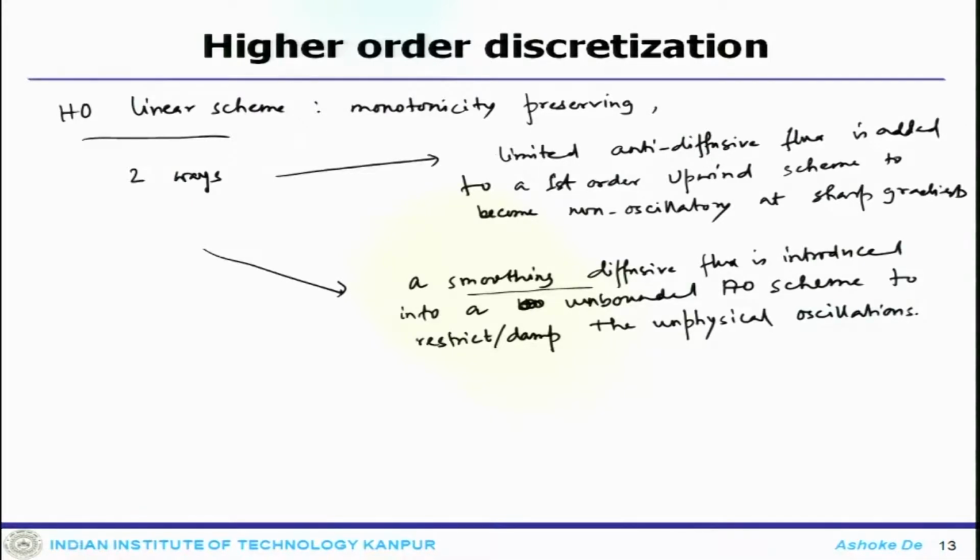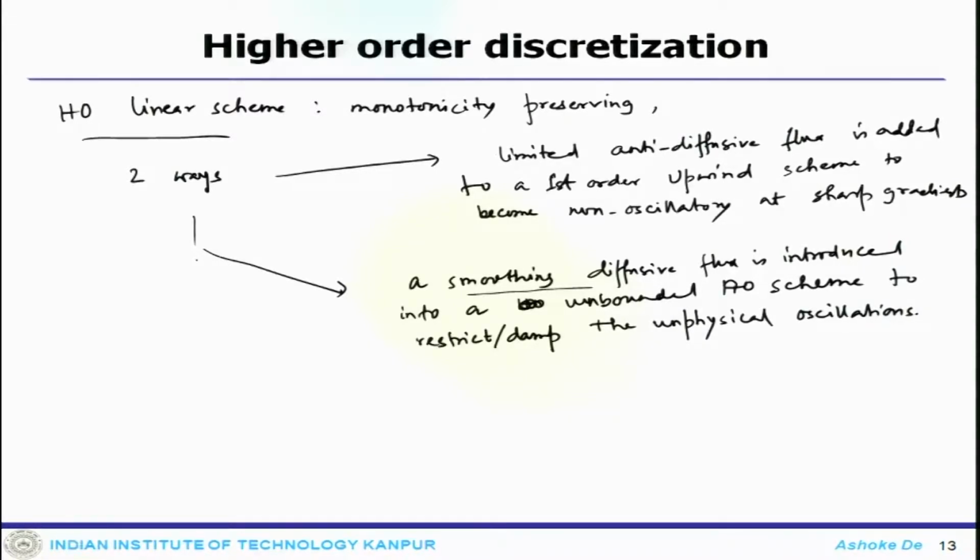So, this is how one can actually move forward to have different kinds of schemes. Now, due to their multi-step nature and difficulty in balancing the two fluxes, the flux blending technique tends to be very expensive numerically, and this is why here we will try to see something with a limiter